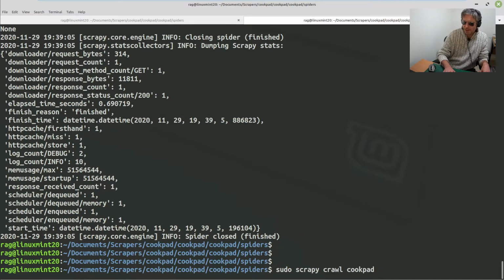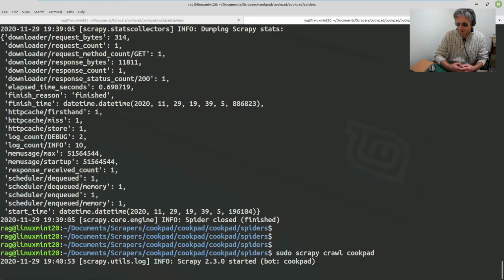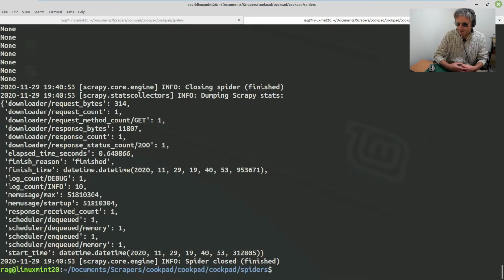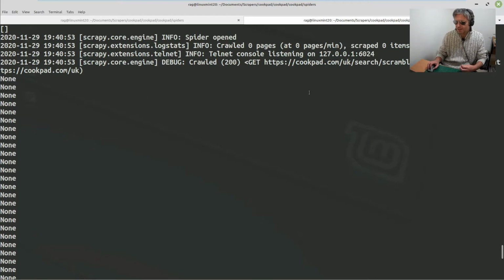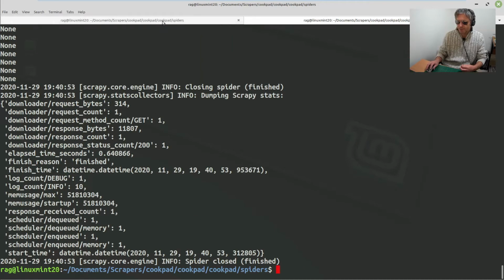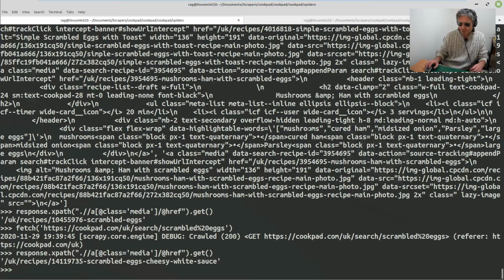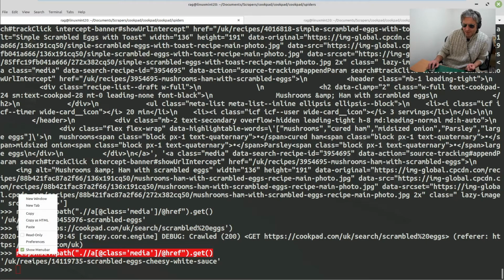So right, sudo scrapy crawl, and we're now going to the live site to see if we can get rid of the None. No, it's still not working. So what's going on? We've got the scrambled eggs page. From the scrambled eggs page, we should be able to get something like cheesy white sauce. Using this, so